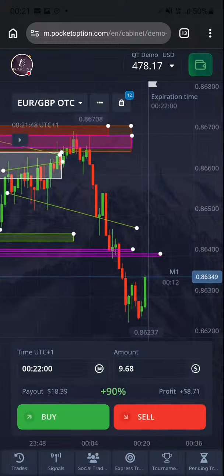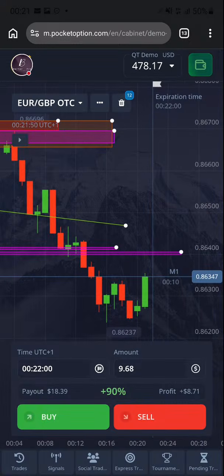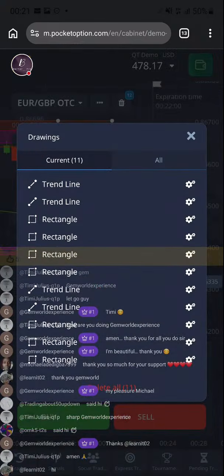Okay, we may have another trade right now. You see, if price comes back into the supply area,